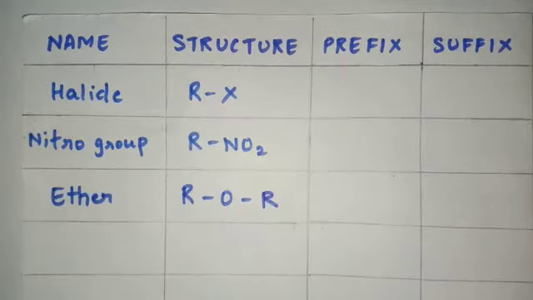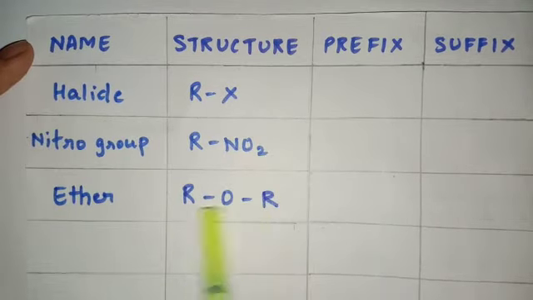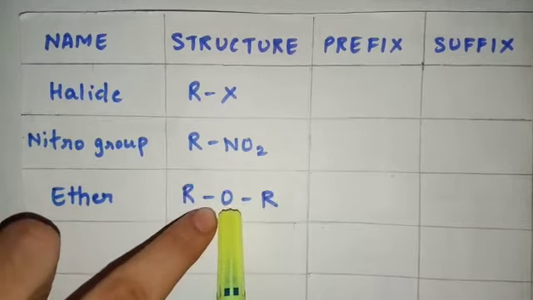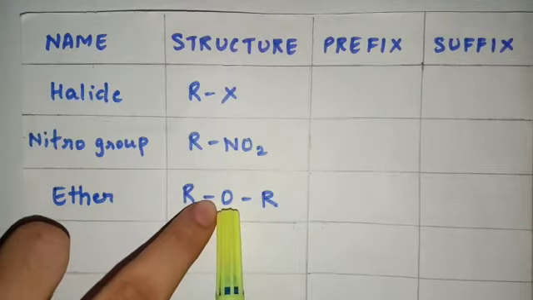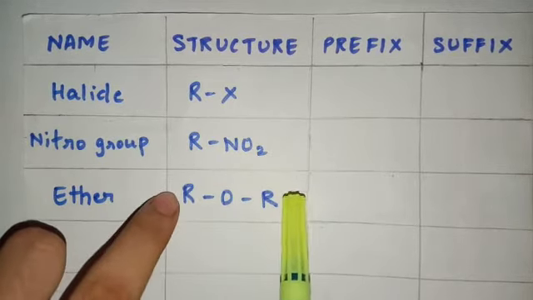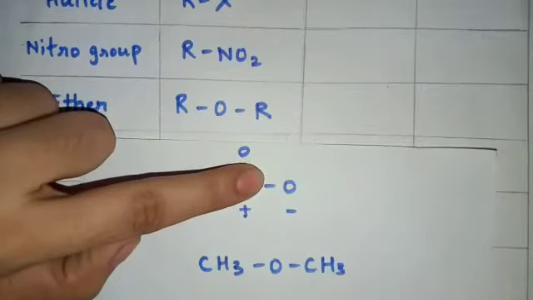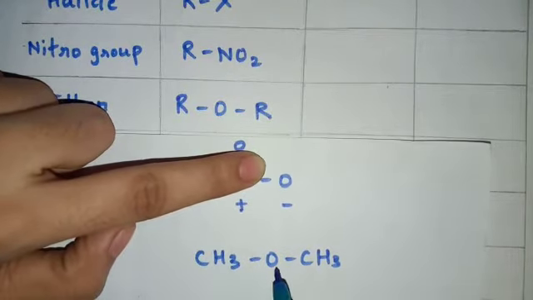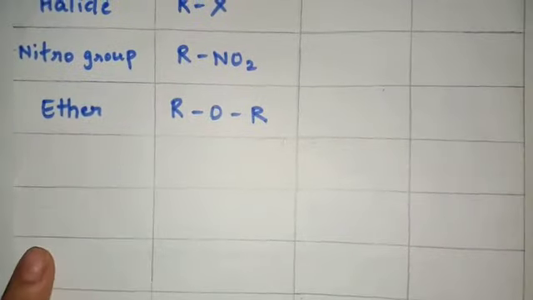The next functional group which we have is ether. This is the compound ether, ROR. Two alkyl groups are bonded together by an oxygen, so basically there are two carbon atoms which are bonded by an oxygen. The alkyl groups can be anything. For example, if I put methyl groups on both sides, this is how the compound is going to look: CH3OCH3. This O is between two carbon atoms, and later we balance the hydrogens. So this compound is an ether.